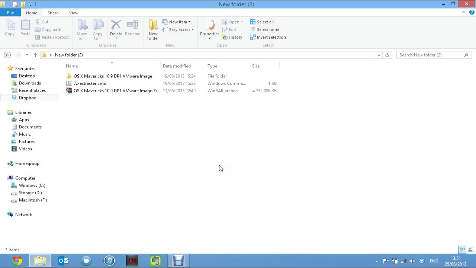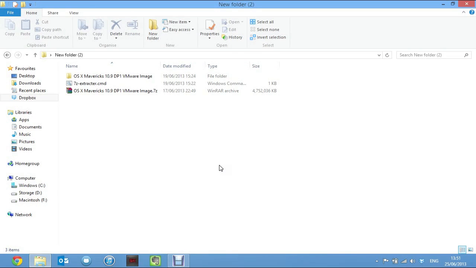Okay, so in this video I'm going to show you how you can install OS X Mavericks Developer Preview 1 in VMware using a VMware image that I've created. Because it's a developer preview, which is basically a beta version, I'm not going to be providing as much support as I would for Mountain Lion, purely because, due to the fact it's a beta, there could be things that don't work because of what Apple have done as opposed to what VMware has done, so I could sit there trying to fix something that's not actually fixable down my end kind of thing.